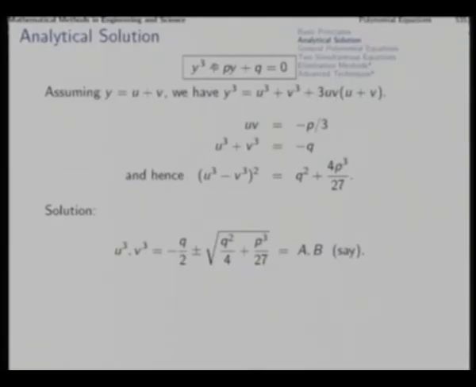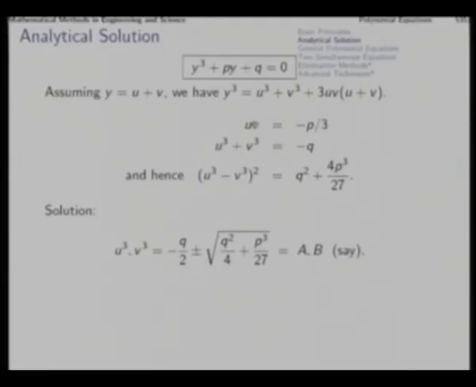So, p becomes equal to minus 3uv, that means uv is this, and then q here and negative of this term for this equation. So, u cube plus v cube becomes minus q. So, in u and v you have got two equations. It is not very difficult to solve this, because here you have got u cube plus v cube, and